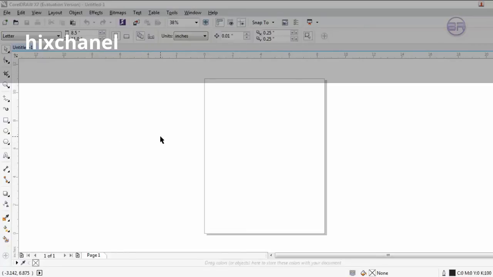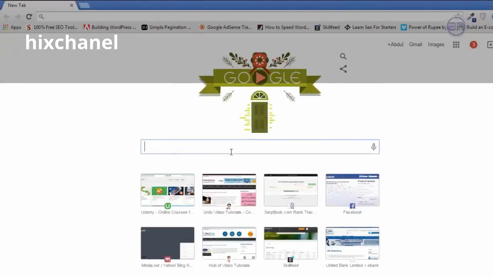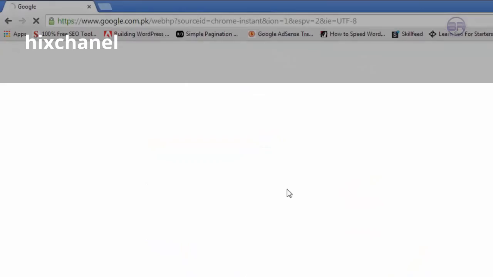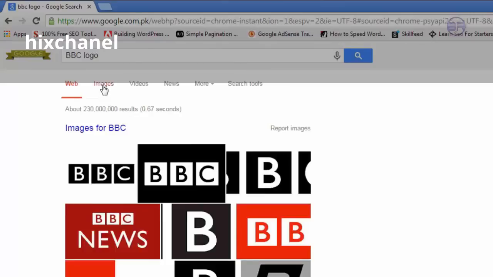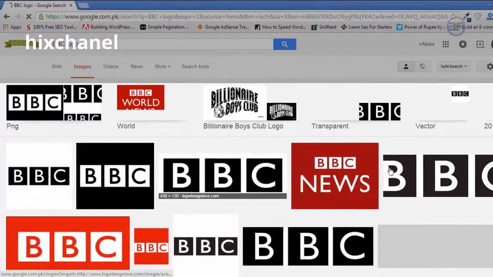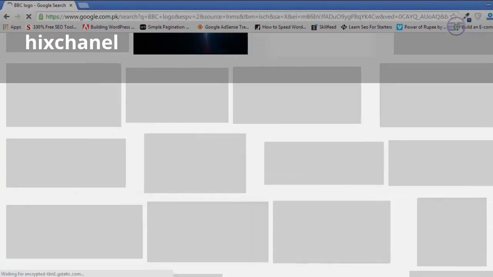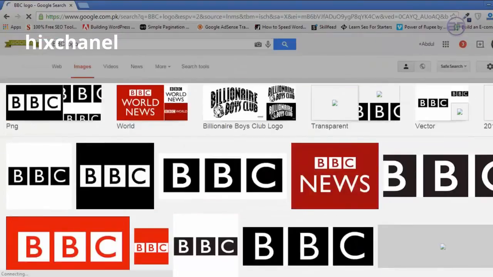So let's start with a very basic thing, a very basic logo like BBC. If you go to Google and write BBC logo, you will see this kind of logo. Very simple, very easy. You can create this kind of logo in CorelDRAW very easily, and we will create this. I will create it in front of you. So for example, if you want to create this one, exactly this one,